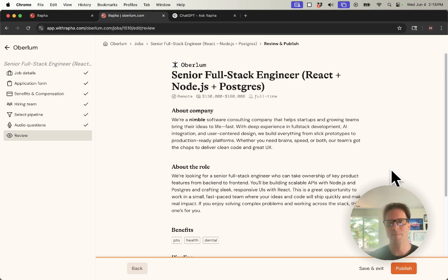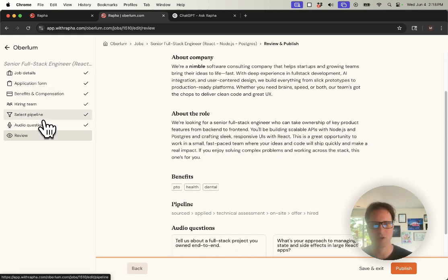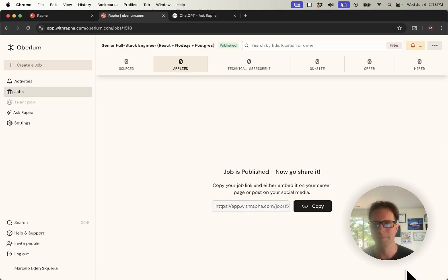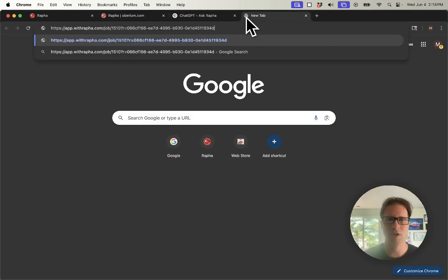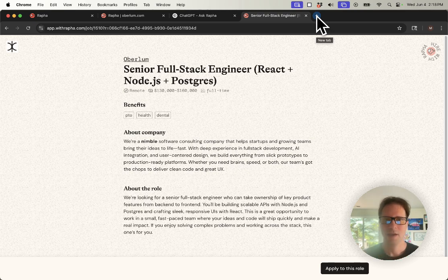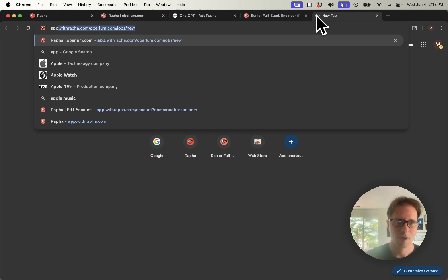Then this is the last step. You can review everything you added. You can go back to the steps that you passed before to change them if you need to. If everything looks good, you can publish your job. Now with this, you get this link that you can use to post your job on any website that you'd like, so candidates can now apply to it. And another nice thing is that this is going to be promoted for you automatically on